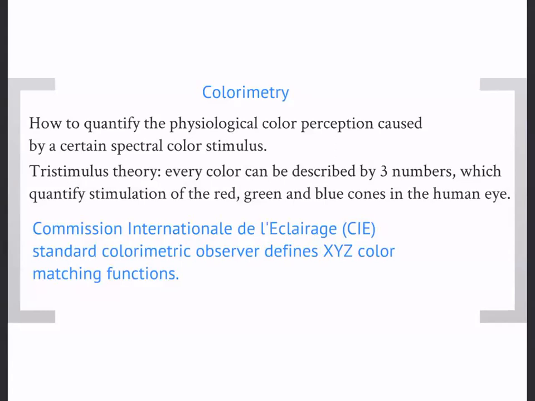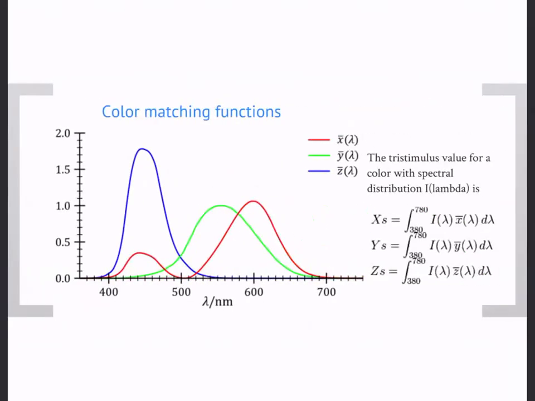But there is a theory called the tri-stimulus theory, where every color can be described by 3 numbers, which quantify the stimulation of the red, green, and blue cones in the human eye. This is also referred to as the CIE, the acronym for the French name of the commission that actually developed this, based on something called the XYZ color matching functions. Okay, this is relevant to the human eye sensitivity as before, except that now we are responding to the 3 different colors. So the 3 coordinates are calculated by this integral, where the integration happens in the